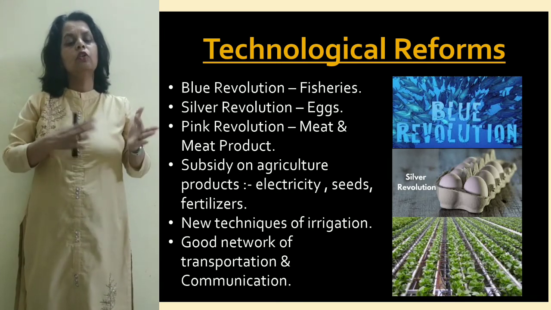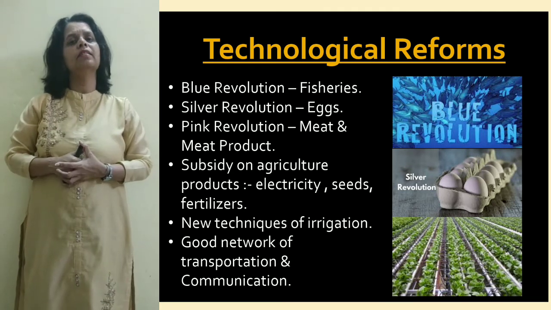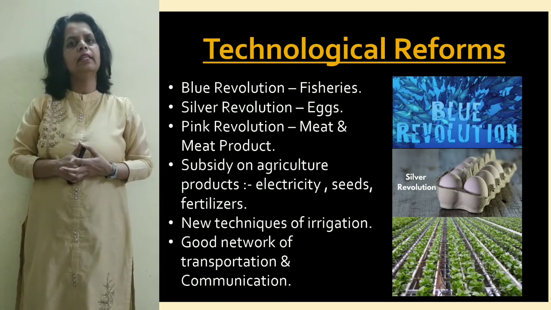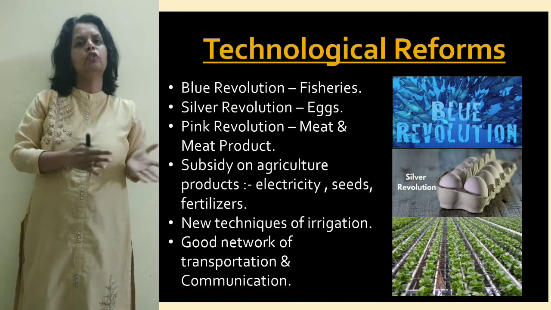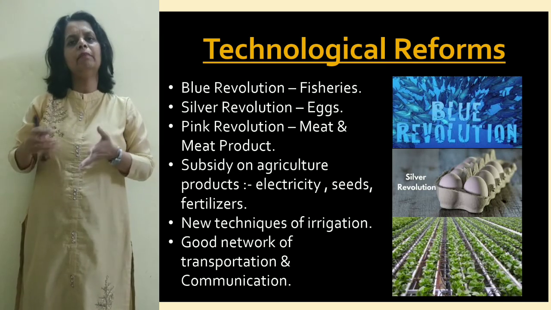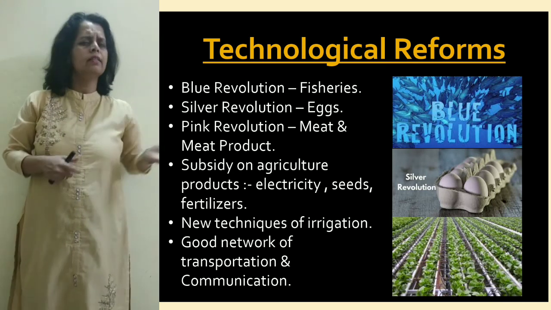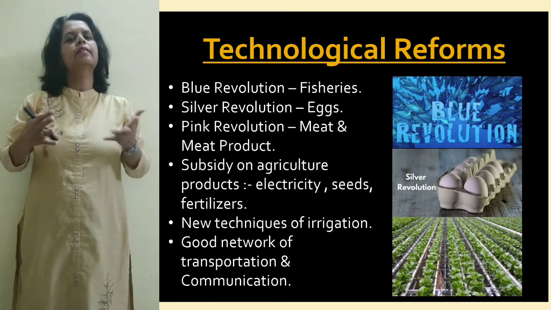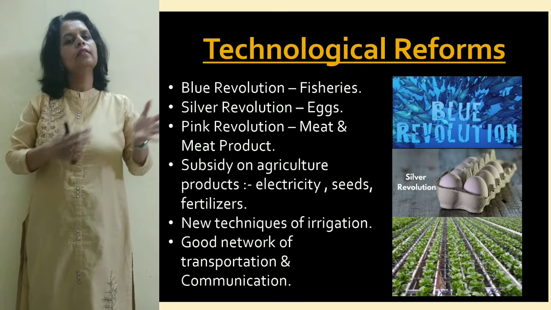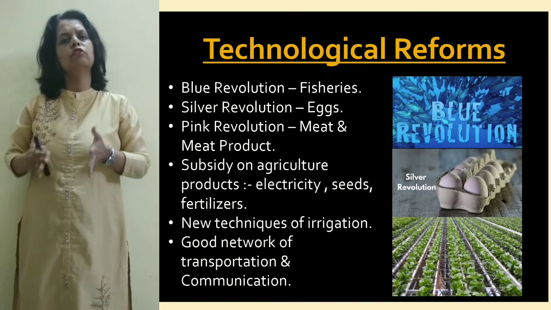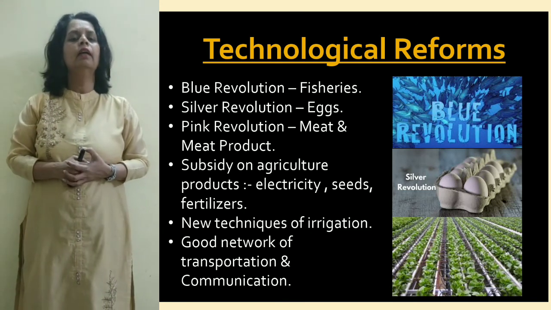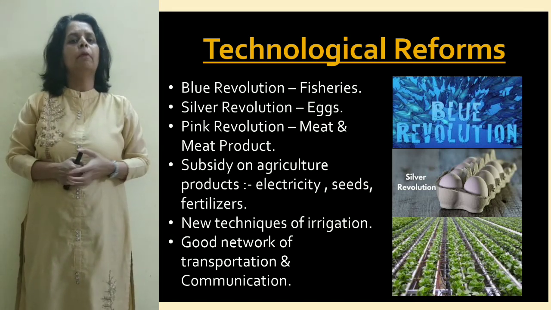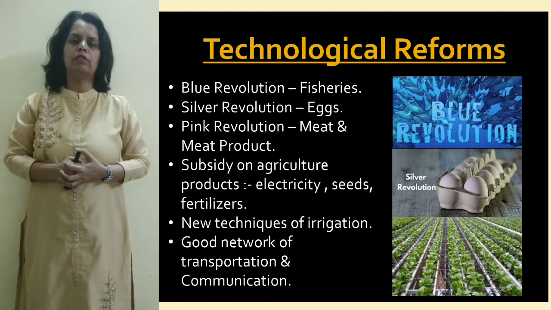Good quality seeds are also a prerequisite. When high yielding variety seeds are there, early maturing of these quality seeds has helped the farmers to increase their production. Though there are certain demerits of that, it has still increased productivity on a large scale. So these are some of the technological and institutional reforms which have been taken by the government. This is all there in this topic of technological and institutional reforms.